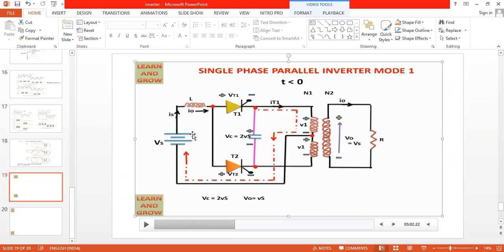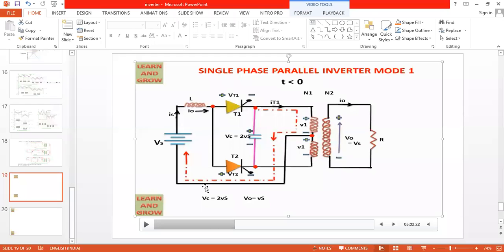When the supply is on, the direction of the current starts from Vs plus to the inductor, inductor to T1, T1 to upper winding U1, U1 to the common point O, and from the common point to Vs minus. Common point or center tapped point O. During this process, due to the mutual induction principle, the voltage induced across the upper winding links with the secondary winding, and hence the current flows through the load. You can see here V0 is equal to Vs because only the upper winding is inducing with the secondary winding, not both the windings.